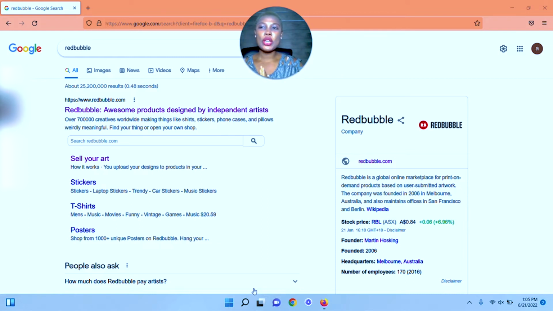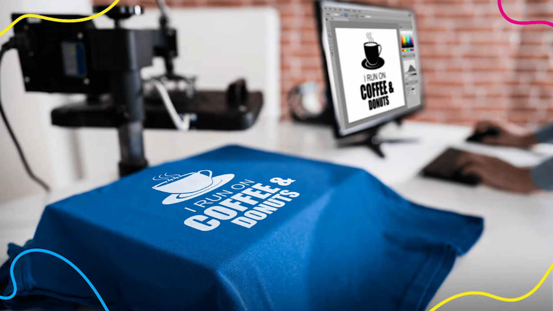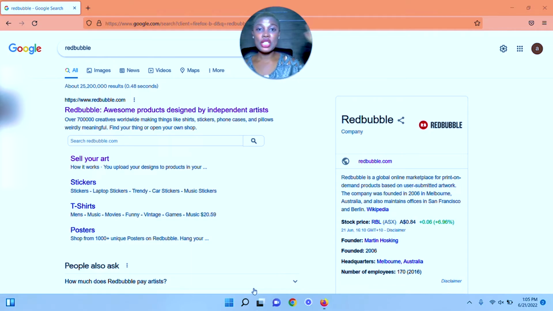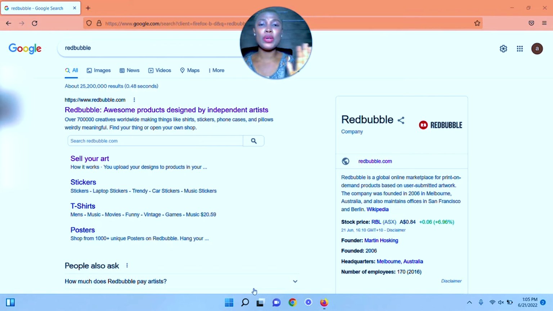Today I'm going to be talking about Redbubble. Redbubble is a print on demand service where you can create a design and then put it up, and somebody can buy it as a shower curtain. Somebody can carry it as a tote bag. Somebody can wear it as a t-shirt design or even as a notebook. There are so many options available on Redbubble. You just create the design and somebody can buy it how they want it. I think it's a very cool service.